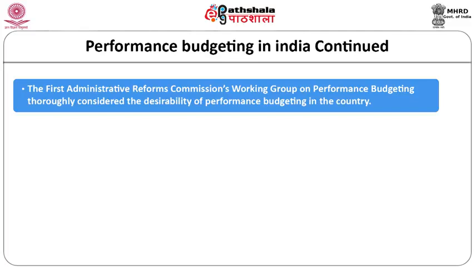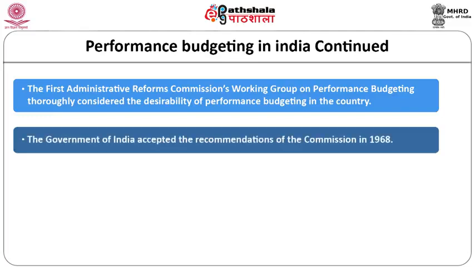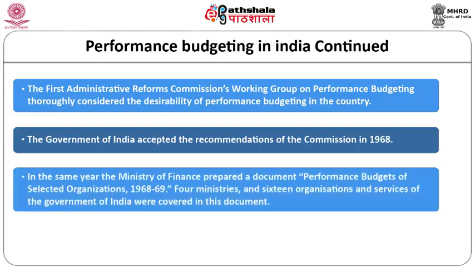A working group on performance busting was constituted. The group considered this issue thoroughly, and expressed that performance busting is desired in this country. As a result of that, the government of India accepted its report, or this recommendation, particularly in the year 1968, not 62, and in that year the Finance Ministry prepared a document known as Performance Budgets of Selected Organizations